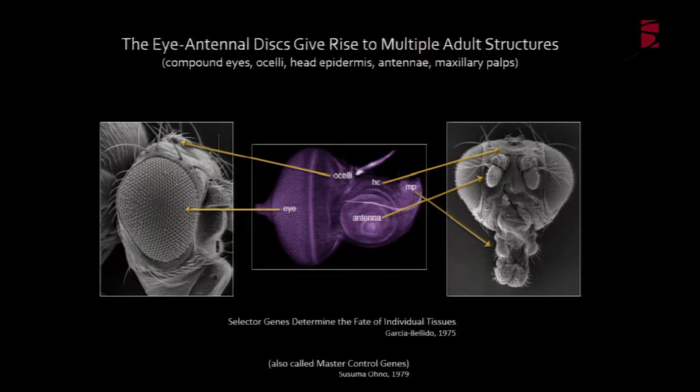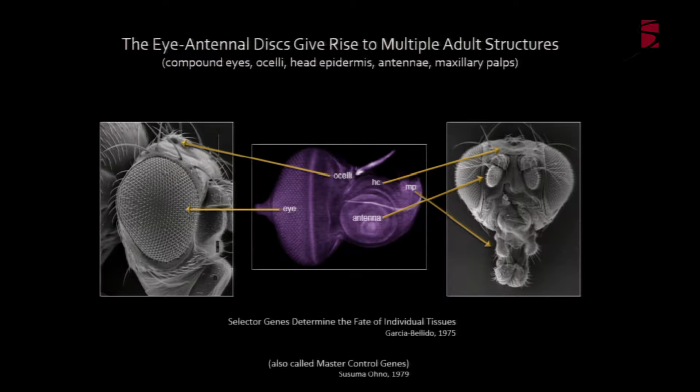Okay, so I'm interested in the eye antennal imaginal disc, and that's drawn for you here, or a picture of it larvally here. And this will give rise to a number of adult head structures. So it'll give rise to these large compound eyes. It'll also give rise to 3 simple eyes on the top of the head called ocelli. It will give rise both to the antennal and maxillary palp olfactory structures, which are here and here. And then there's tissue that surrounds this disc that will give rise to all of this intervening head